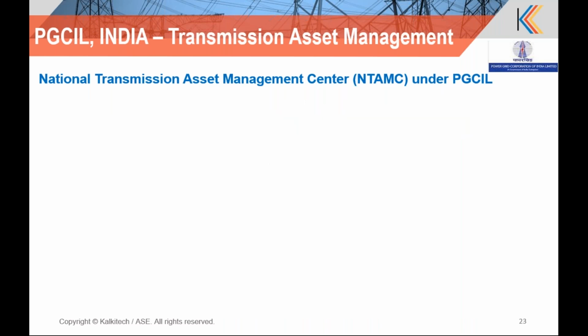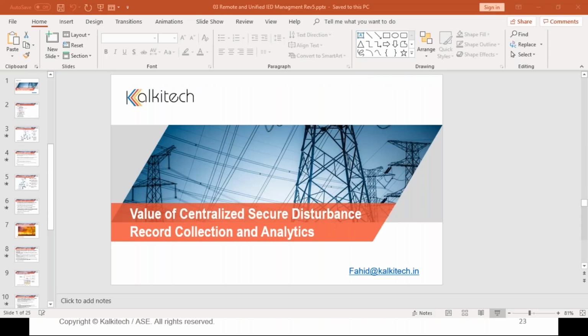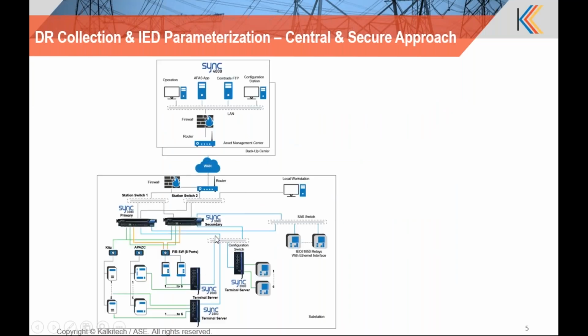So this is the architecture which is proposed now. This proposes a Sync 3000 at each substation, collecting the data through Sync 3000 and sending it to the center, which is having Sync 4000. So the question is, they have a terminal server situated at the substation, and they are already doing the serial to TCP conversion and sending this data to central. Then can we have a centralized approach to collect the disturbance data and configuration? Yes, we can do that.